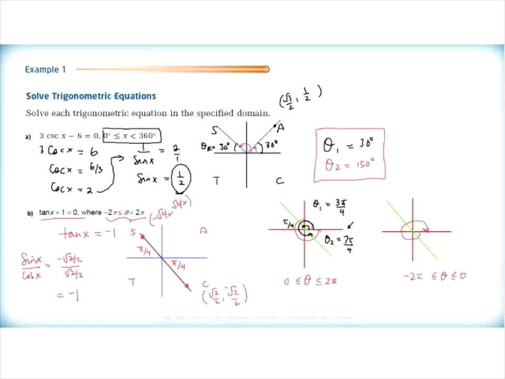7 pi over 4, because we need to think that this here now is 8 pi over 4, and I'm 1 pi over 4 less than that, so that's 7 pi over 4. So there's 2 answers. Now in the negative direction, I will have an answer at negative pi over 4,